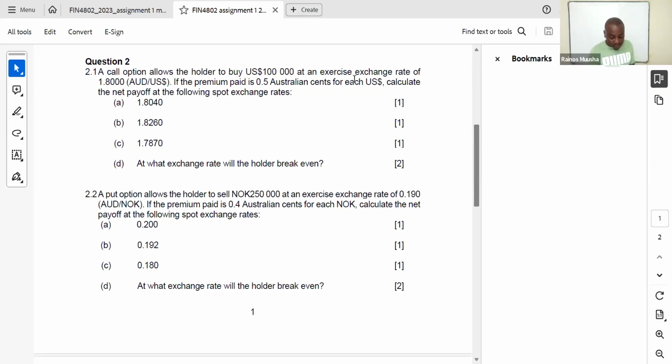As you can see, the premium that is stated here is given in cents, which means that we need to convert that into Australian dollars. So from the given information, since the premium is given in cents, our premium in dollars is equivalent to